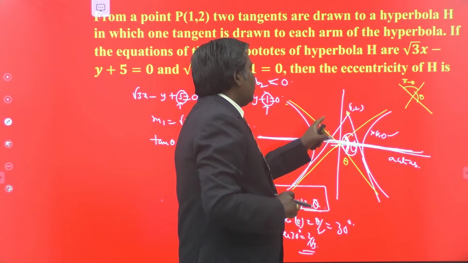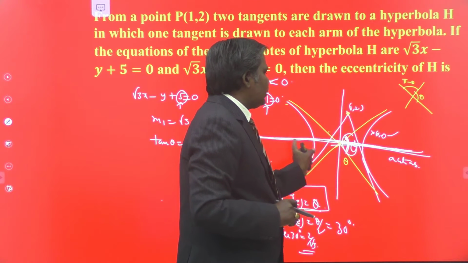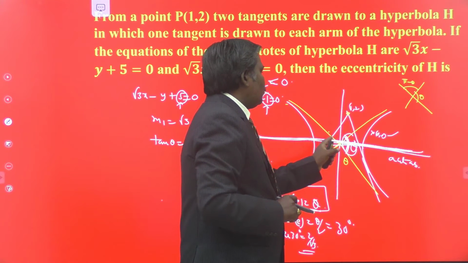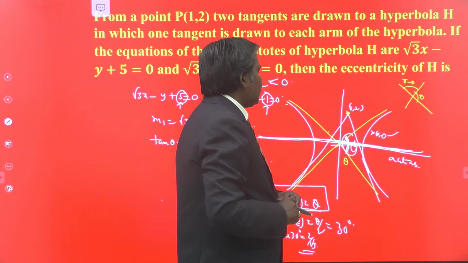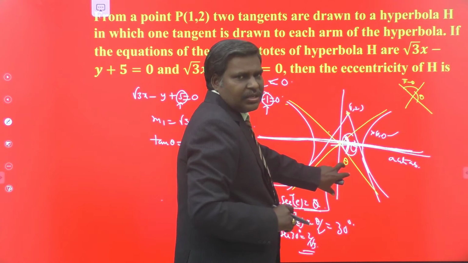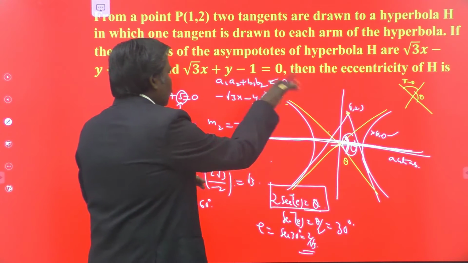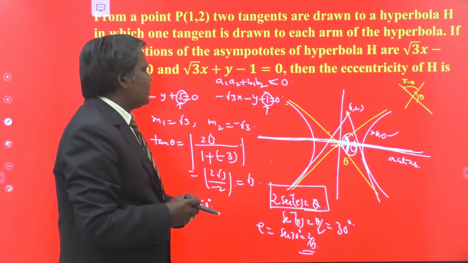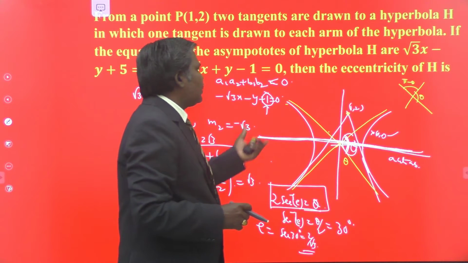Observe that, suppose the point is here, two tangents are drawn from that point to the hyperbola. Now, if these two tangents are drawn to the two branches, then immediately we conclude that the point is either in this region or in this region. That is also one important thing you have to remember. By remembering all these concepts, you can easily do this one. Without these concepts, you can't move.